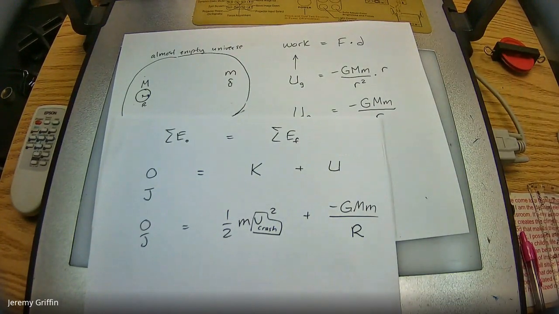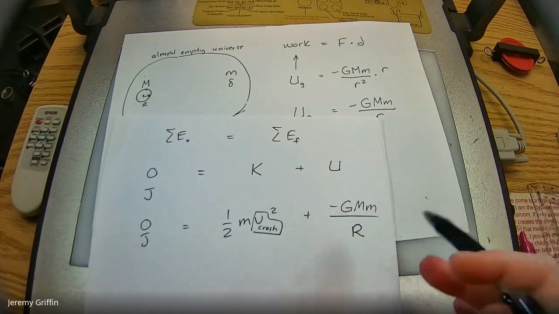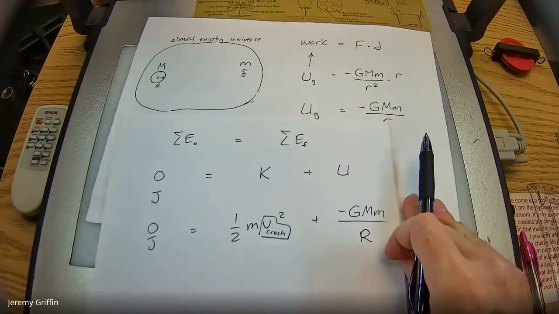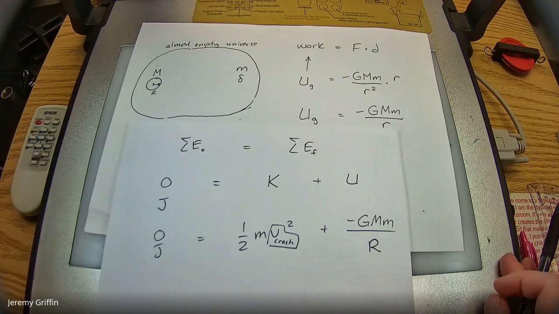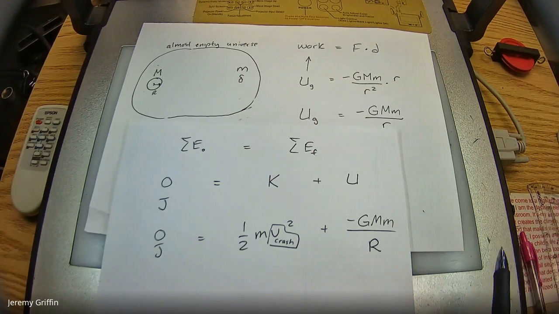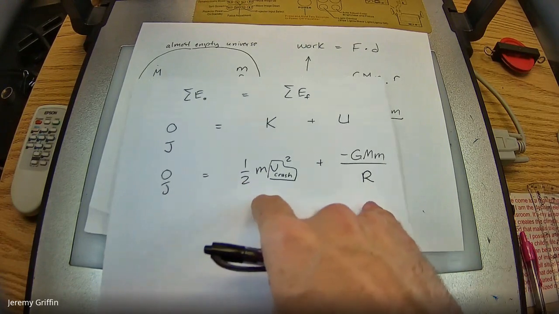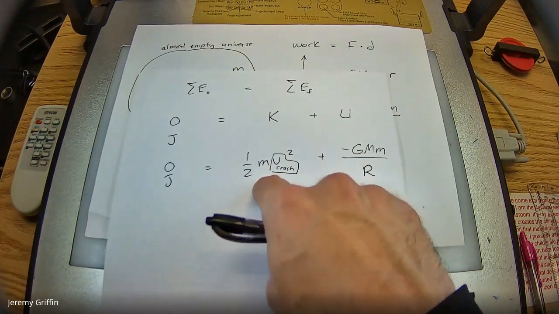Okay? Now, if you didn't know physics or you're trying to throw around possibilities in your mind, you might wonder, if something falls from the edge of space, like the edge of infinity, does that mean it's going to be moving infinitely fast? That's a good thought, if you have that thought. But actually, it's not infinite. It's finite, and we can solve it right here. Just solve for v crash.